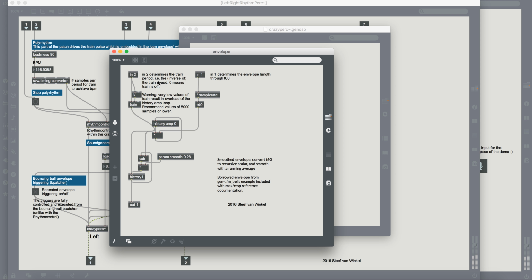I'm not sure if you're familiar with the train. I wasn't before I started experimenting. Basically, train is a pulse over time, and so it sends out a pulse, and the pulse then determines